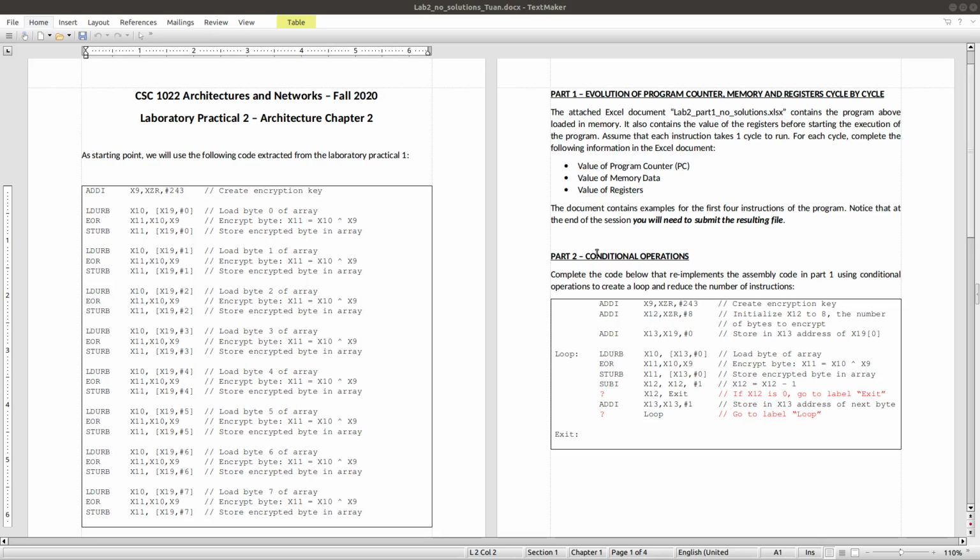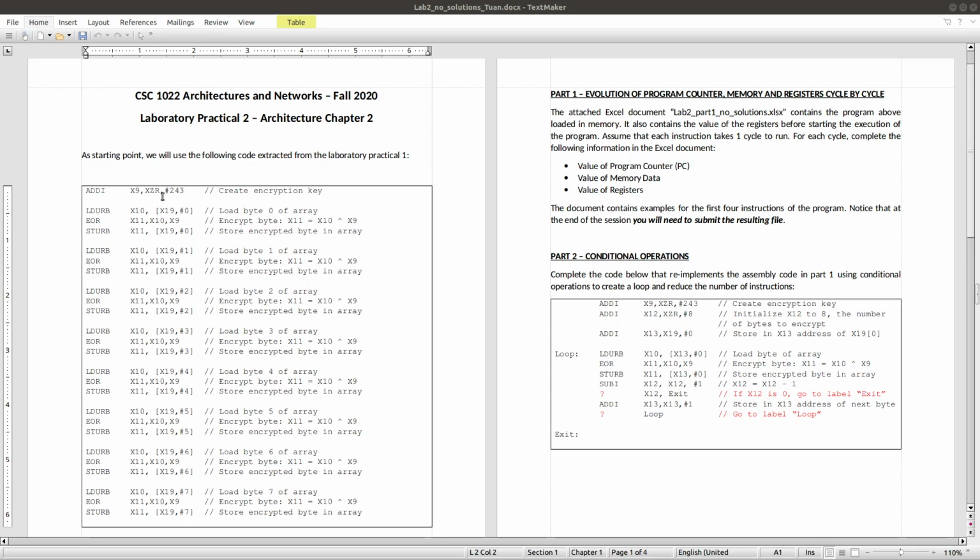Now we move to part 2, in which we will try to apply some conditional operation or a loop operation to reduce the number of instructions we need in our assembly code.